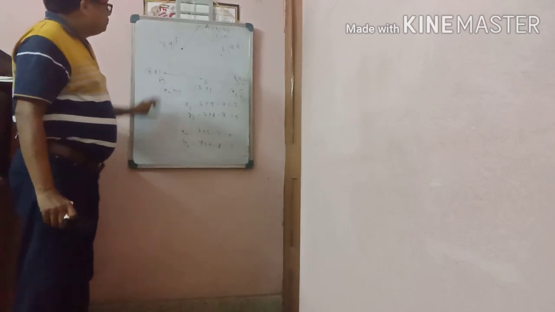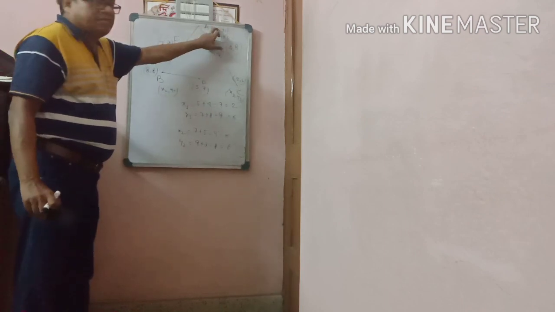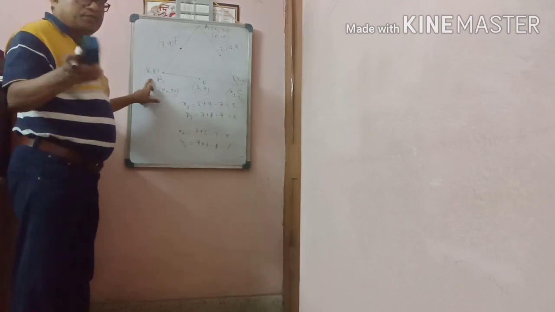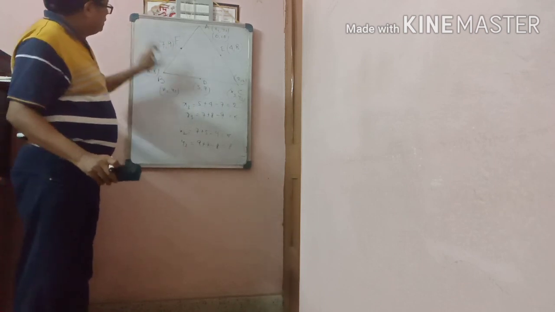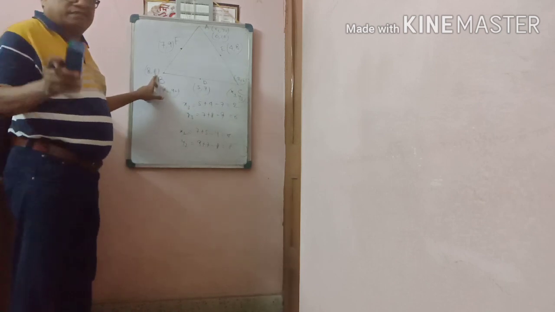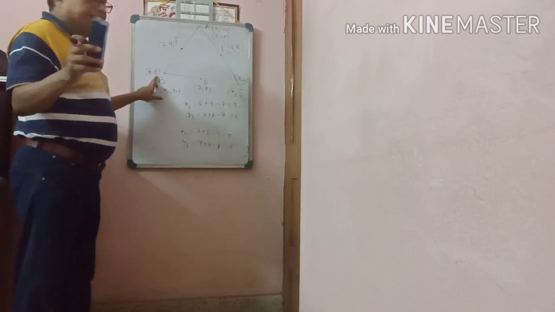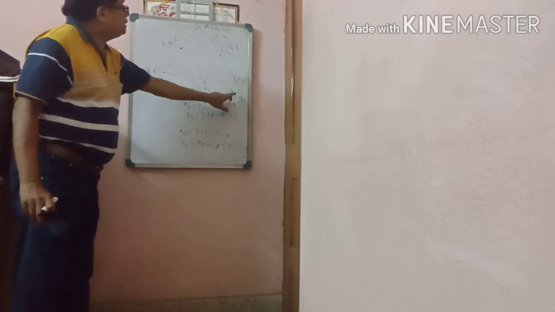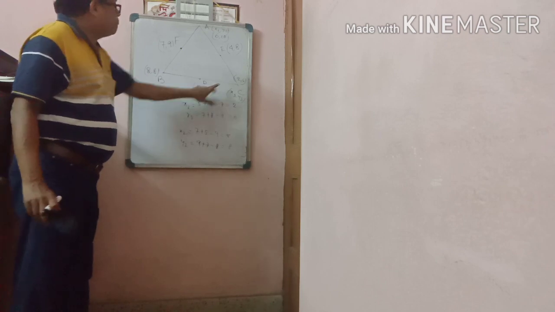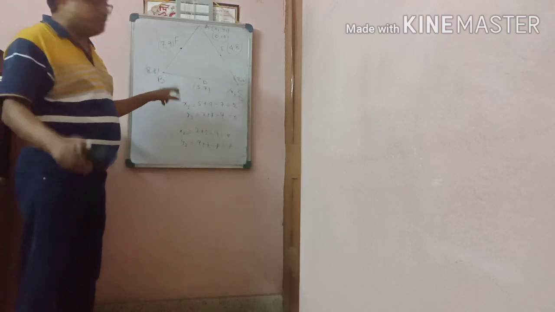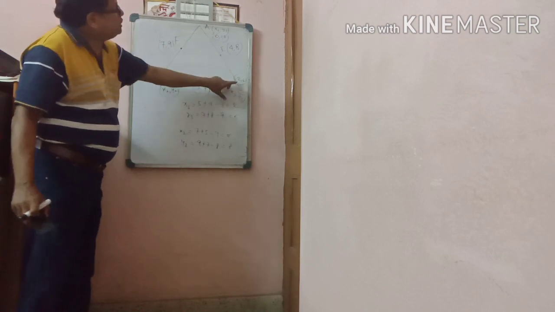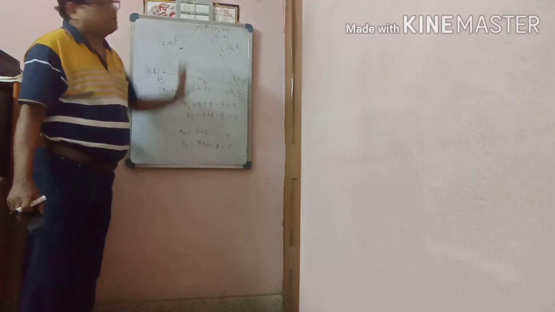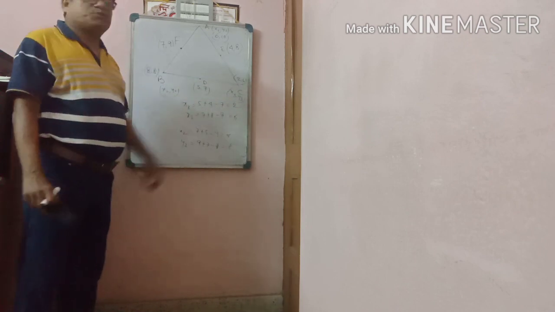Look here. The midpoints are given, and we have already got vertices A, B, C. Put in the values. See, (6 plus 8) is 14 by 2, which is 7. And (10 plus 8) is 18 by 2, which is 9. Similarly, 8 and 2 give 10 by 2, which is 5, and 8, 6 give 14 by 2, which is 7. Similarly, 6 and 2 give 8 by 2, which is 4, and (10 plus 6) by 2 is 8. So it's a shortcut process.